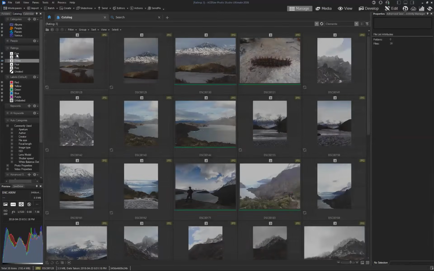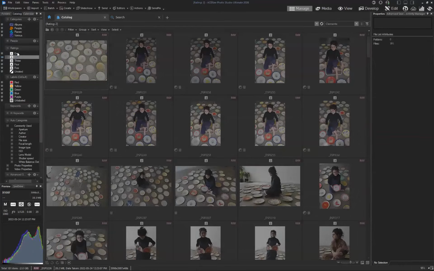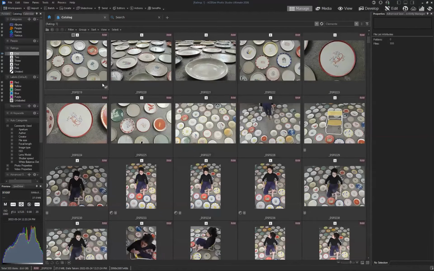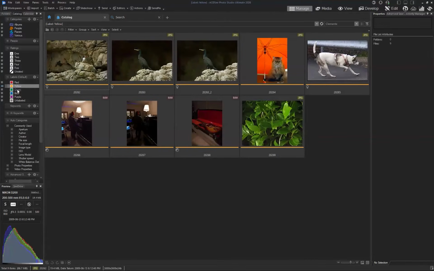Same thing, 4, 3. So these are different kinds of images, and you can decide whatever one can mean, whatever you want, right? This is just one way to do it. And images can also have labels, so different colors,